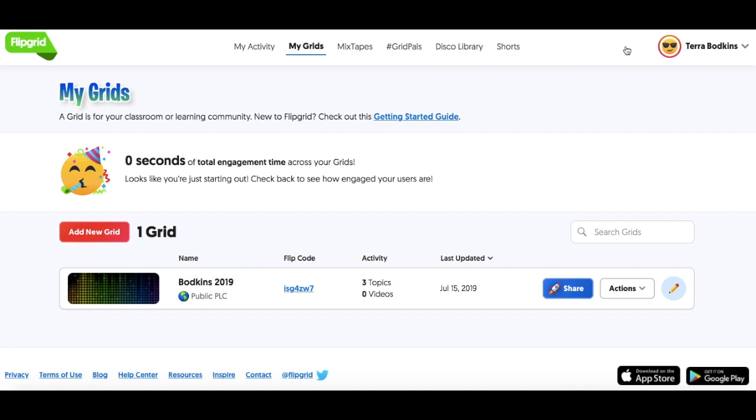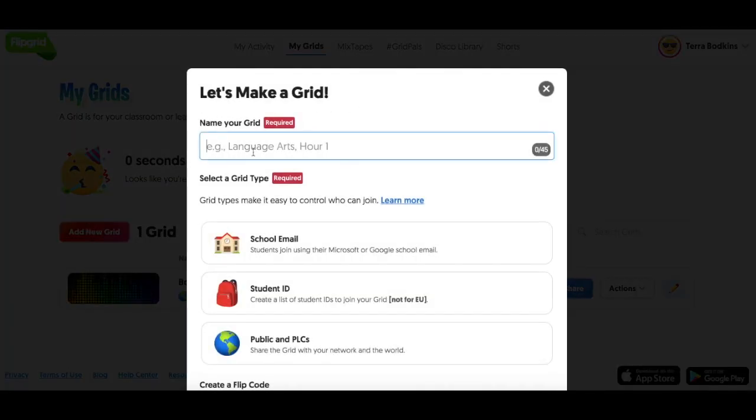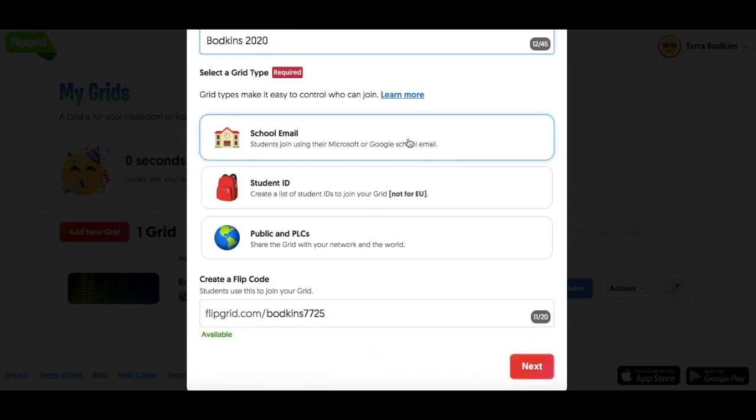And from there, I get to choose how students will access it. Will they be using their Gmail account? Will they be using an ID that I create for them? Or will this be open to the public? I'm going to choose school email so that students will have to have their Gmail to be able to log